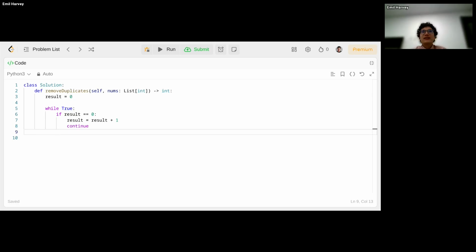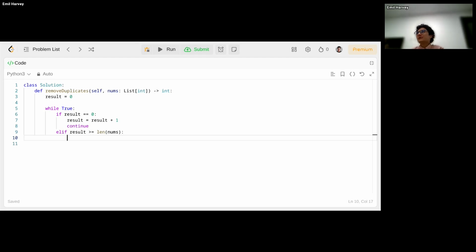What's another case? Well, another case could be that this result has reached all the way to the end, right? So you see, I'm still thinking of very specific situations. So else if the result, I'm going to use a bit of Python shenanigans, even though I said I wouldn't, but if the result is equal to the length of the numbers, we know we've just reached the end. I mean, maybe the most correct way to do it is this.